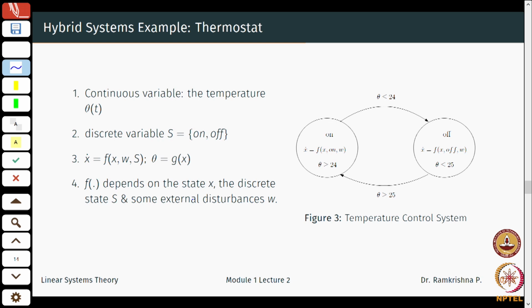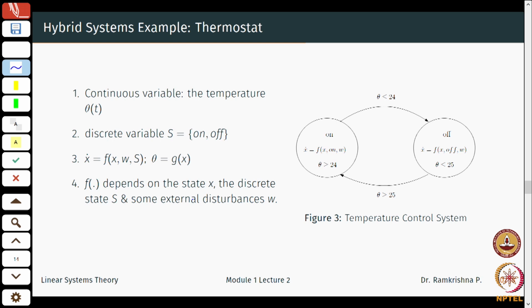Okay. So what I am interested in is temperature control of a room. Let us say I am in this particular room, I want to set the temperature to 24 degrees. Okay. When I enter the room, say the temperature is 28, I switch on the air conditioner, it will cool it to 24, and once it reaches 24, it will switch off, right? It does not need to cool it further. Then you see a rise in temperature from say 23.9, again it will go to say 24.1, it will again switch on, right?